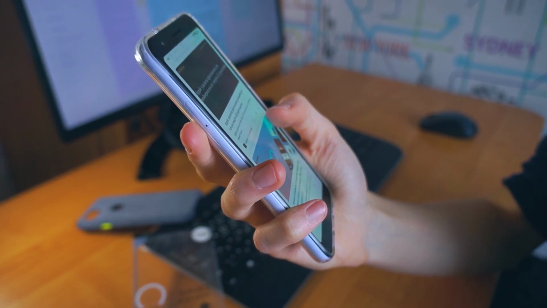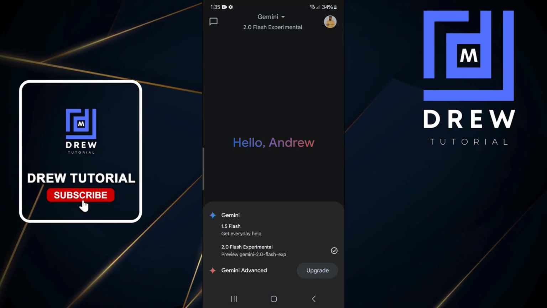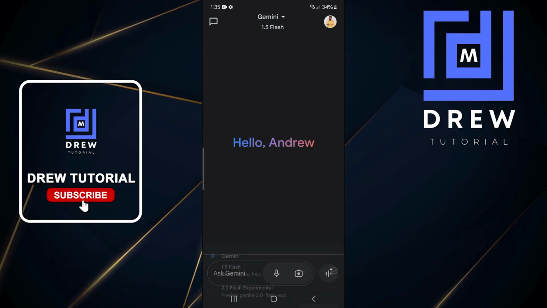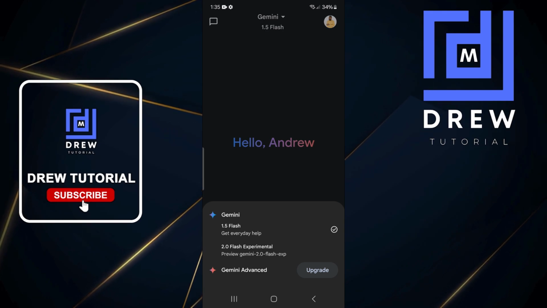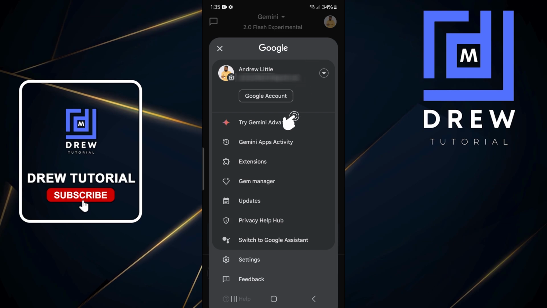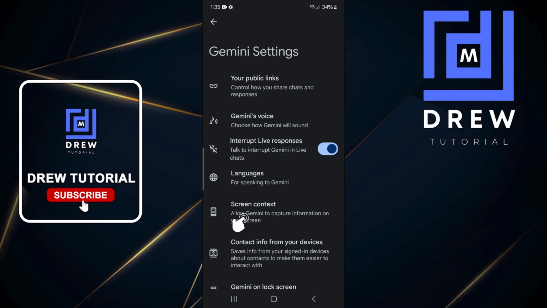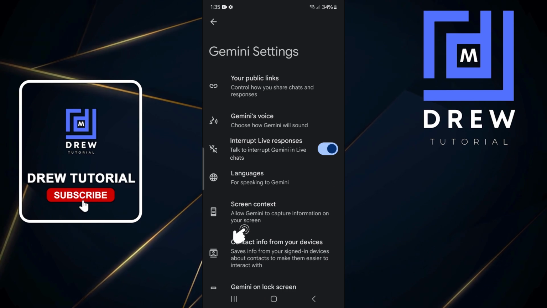So go ahead and open Gemini, guys, and ensure that you switch your model to 2.0. If you're not working with the 2.0 model, you can switch it there. Once you select 2.0, click your profile in the upper right-hand side, then go to settings. From here you'll find the option that says screen context, and this will allow Gemini to capture information